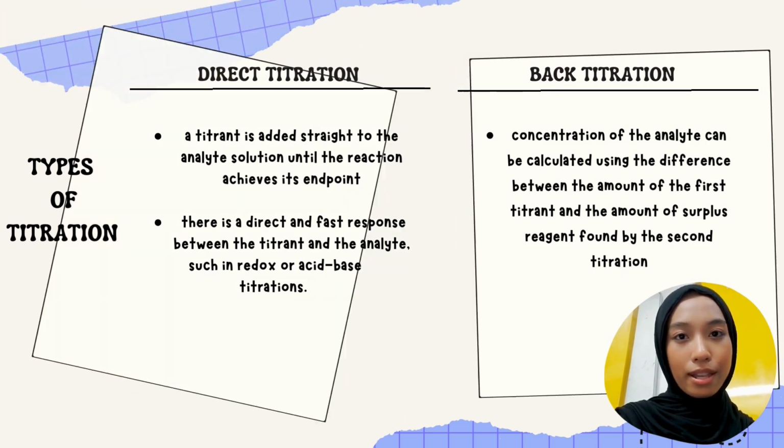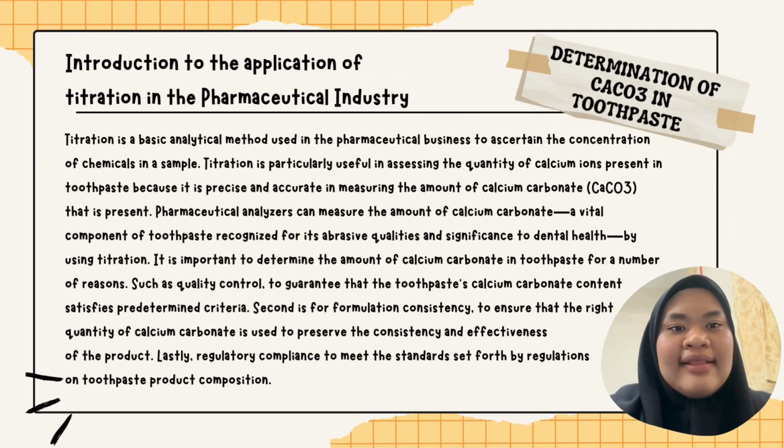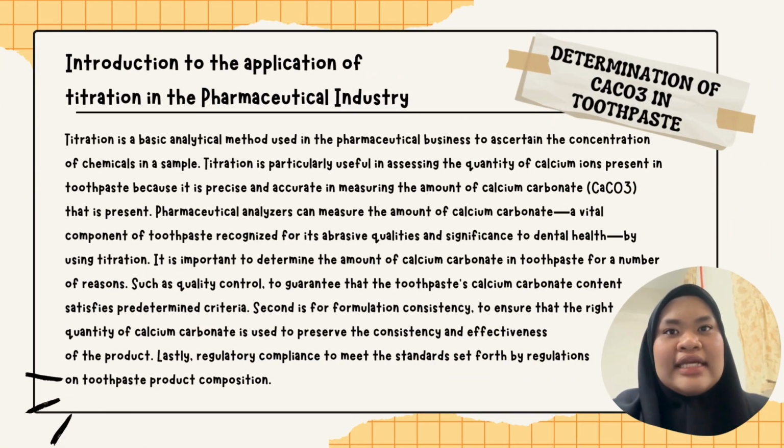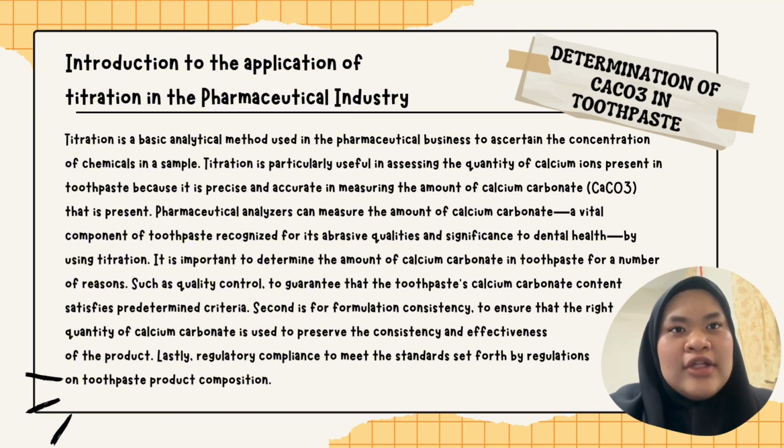in complicated processes. Titration is a method used in the pharmaceutical business to determine the concentration of chemicals in a sample. It is useful in finding out the quantity of calcium ions present in toothpaste, as the amount of calcium ion present is accurate. Calcium carbonate is a vital component of toothpaste, known for its abrasive qualities and significance to